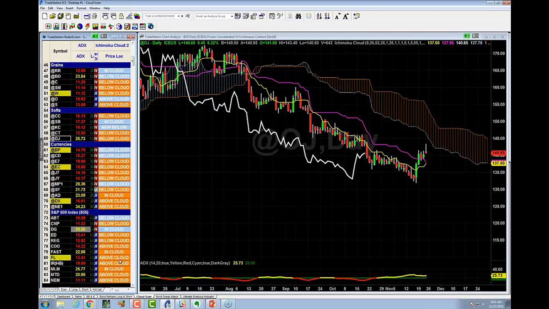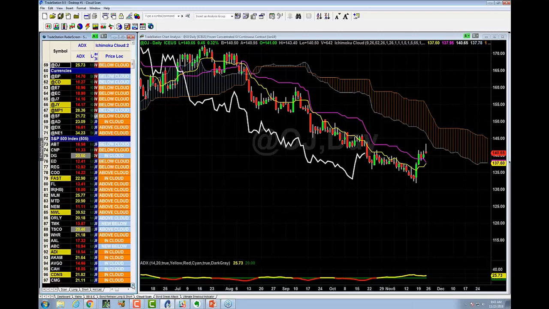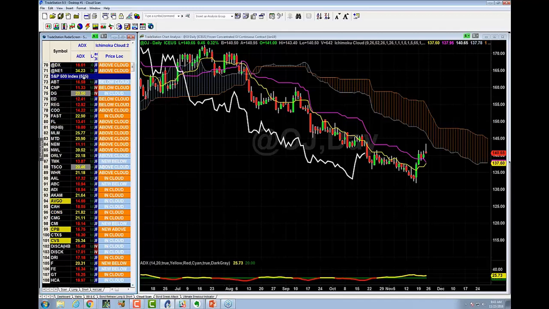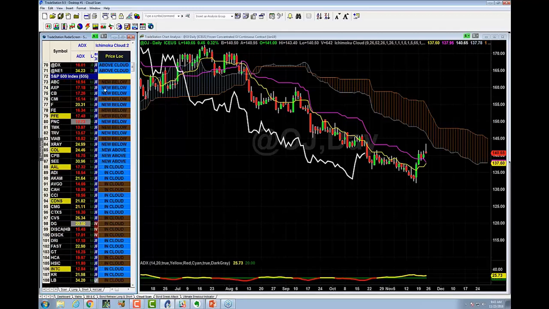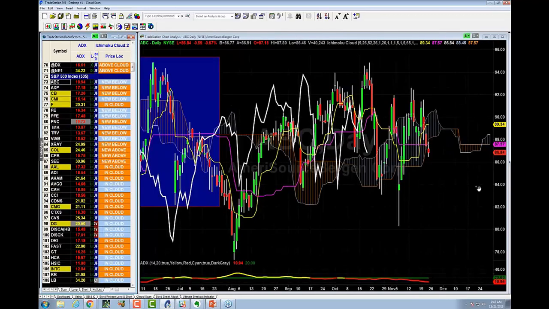All right, now, watch this little trick here that I can do in TradeStation. You can do this in a lot of other platforms too, but watch. Do you see where it says S&P 500 right here? 505 things. I'm going to double left click. I'm going to go click, click, click, click. Now, check this out. What I'll do is it'll go new below, new below, new below, new above, new above. So what I'm going to do is I'm going to go ABC is a new below.